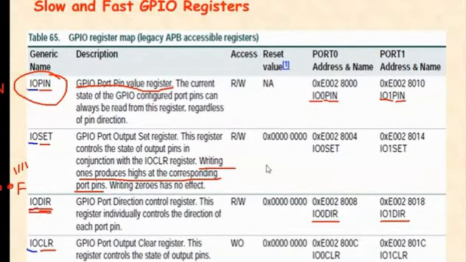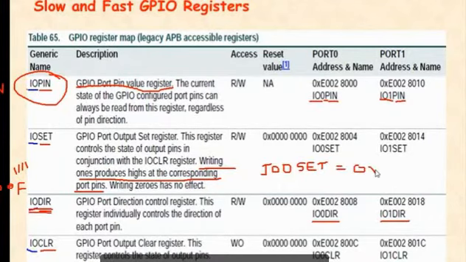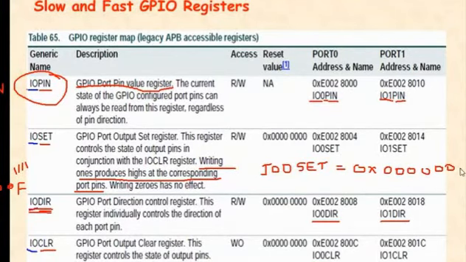So I can use the instruction IO0SET equal to 0x, where 0x means a hex number, and 0 0 0 0 0 0 0 F. Then only those 4 bits will be set.